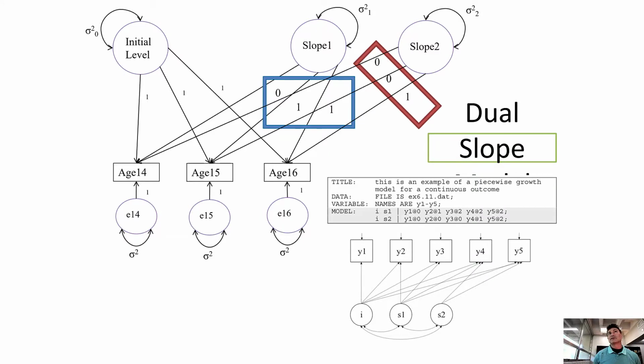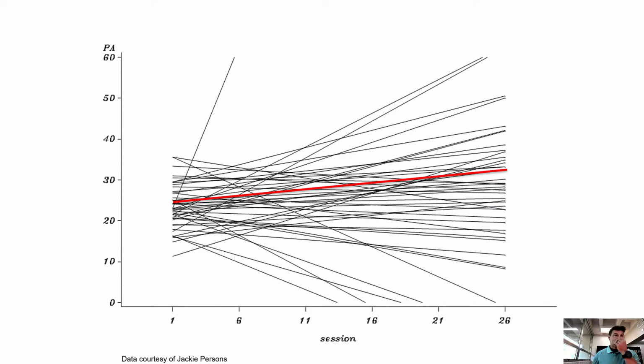So we allow for different slopes. Do people change more once they find out they've been drinking more than everybody else, or do they change more once we actually start the intervention? These dual slope models can be quite useful. And then finally, the example that we talked about was pretty homogeneous. Intelligence, a lot of the slopes are pretty similar, but when we look at this data again, which is the slide I started with, this is pretty homogeneous data. The individual differences in this figure are just really exciting.